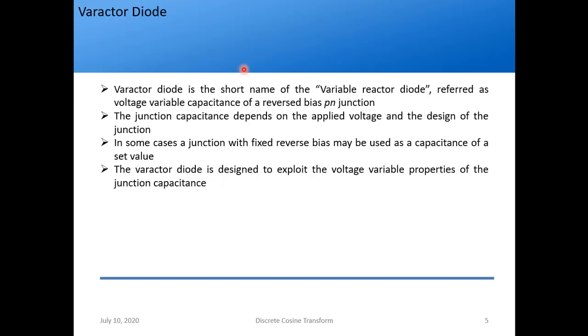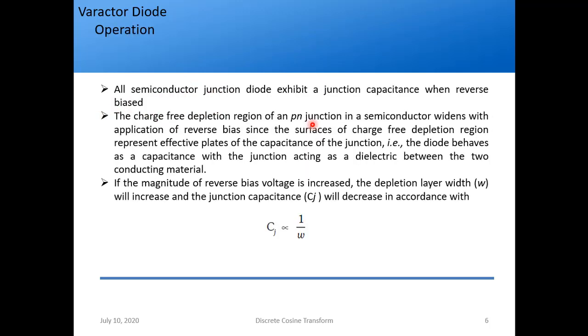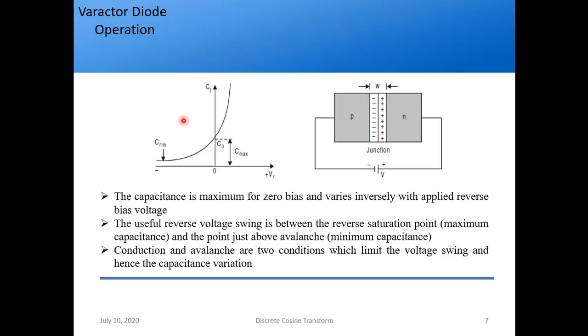First we saw varactor diodes. What is it? It is nothing but a PN junction diode, but performing as a variable capacitance. We call it a voltage variable capacitance. Why? Because as you increase the magnitude of the reverse bias voltage, what happens to the width of the depletion layer? It will increase, right? And if the width W is increased, C is epsilon A by d, where d is nothing but W, so if W increases, C will decrease.